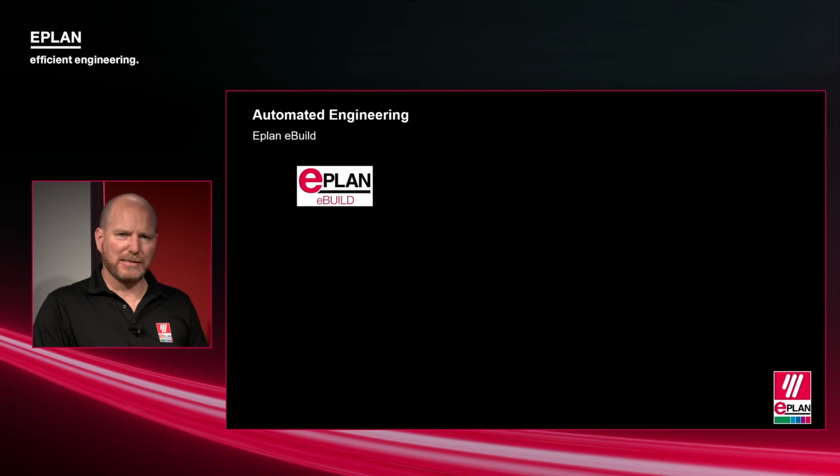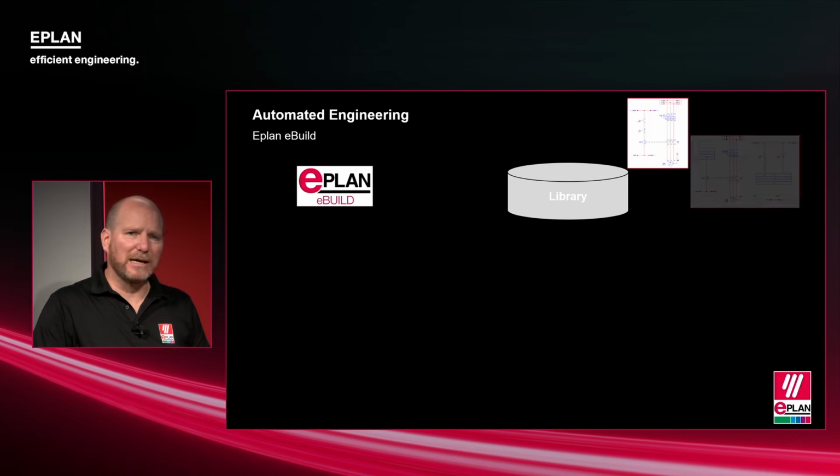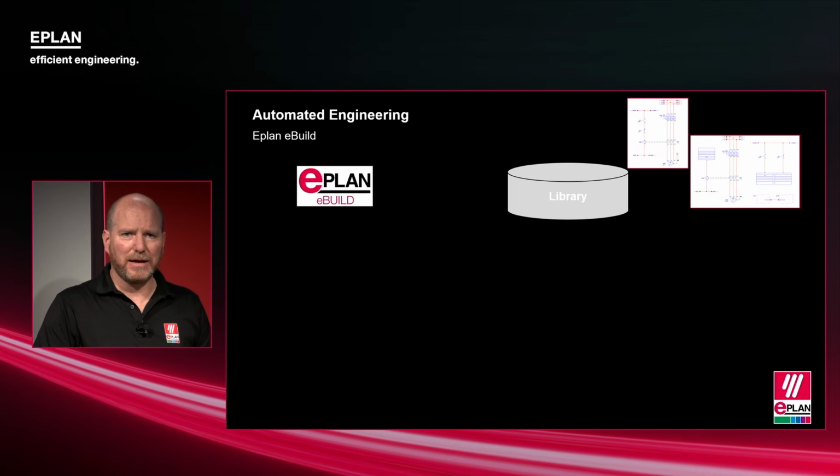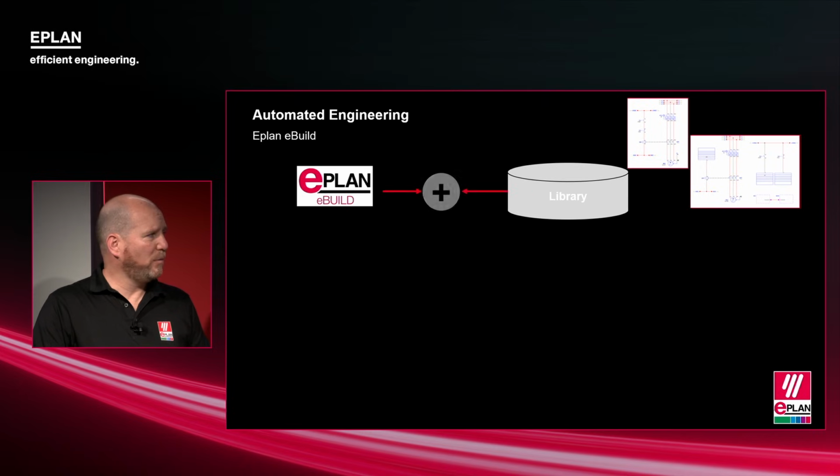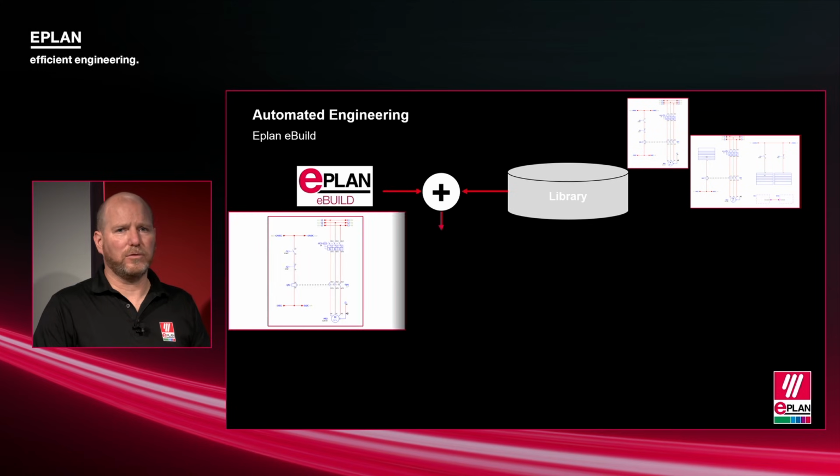So here on one side we've got eBuild, and that is the tool that captures the parameters and allows you to combine the information. And then on the other side we've got our library, and our library are all of our standardized circuits, and also you can capture the value set. So a combination of eBuild with the rules and the library together help you to generate